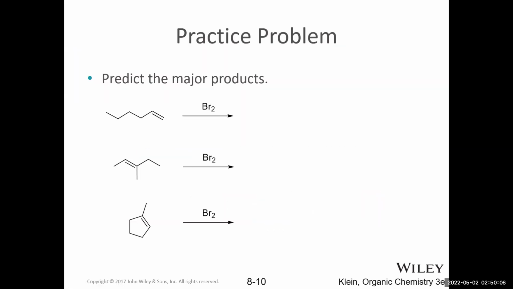All right, let's go ahead and do a practice problem and predict the major products. So recall, if you don't form any stereocenters, you don't need to worry about stereoselectivity. If you form one stereocenter, you'll always get a racemic mixture. And if you form two, you need to think about whether or not the reaction is syn selective, anti-selective, or not selective at all, which would give a mixture of both. Bromination is anti-selective.